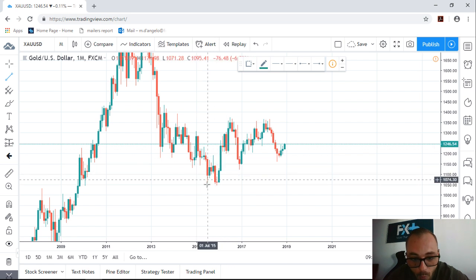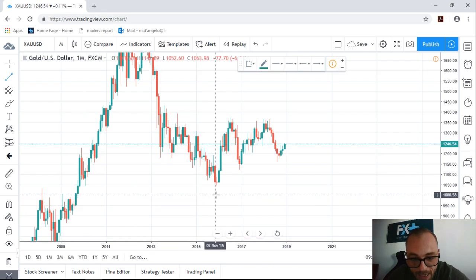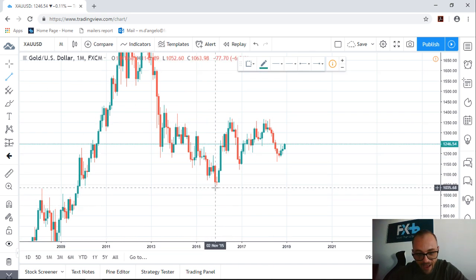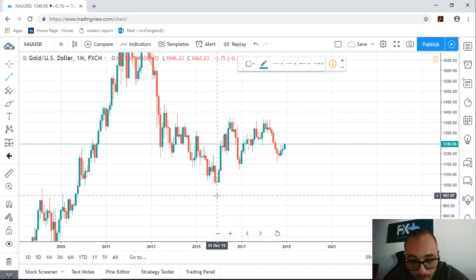In order for us to establish this, we have to be looking from a monthly perspective. We have to be looking at our peaks and our valleys. And at the moment in time in which we took the trade, I was looking at valley, peak, valley. Done. So if I would have connected,